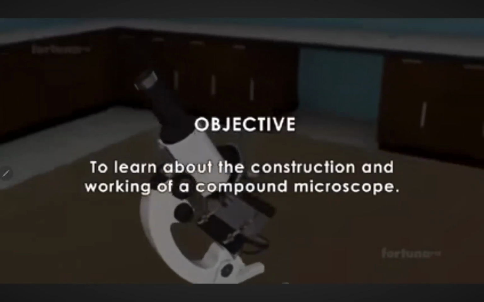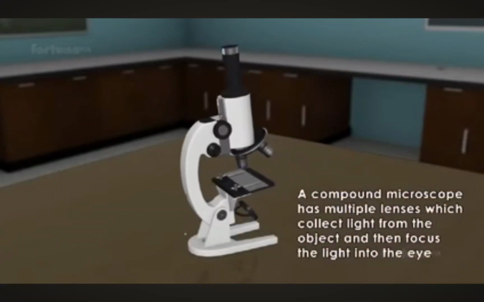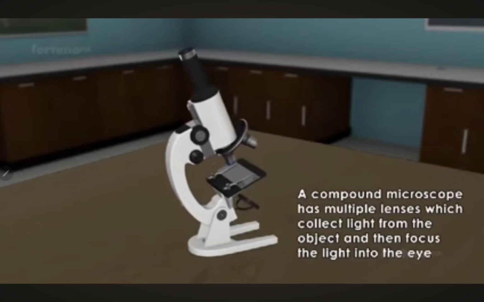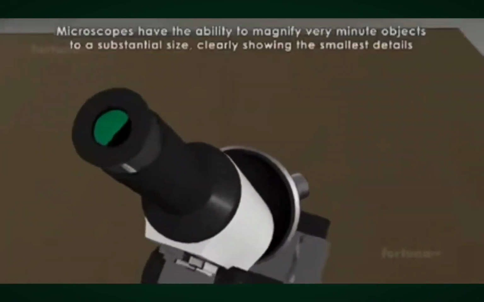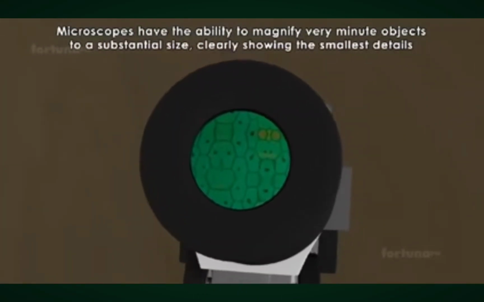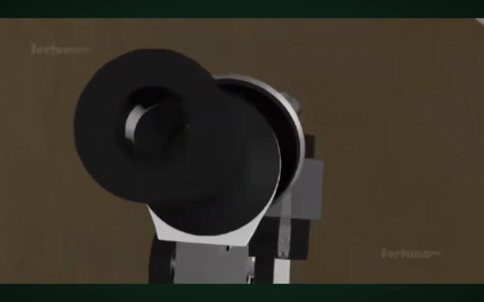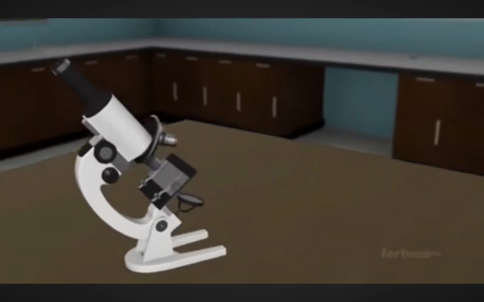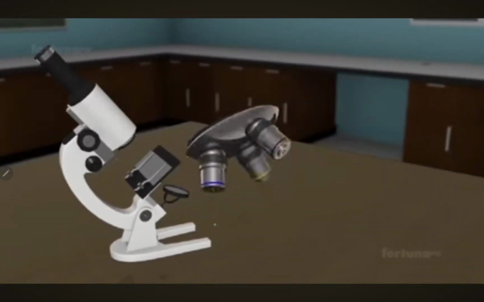Of a compound microscope. A compound microscope has multiple lenses which collect light from the object and then focus the light into the eye. These microscopes have the ability to magnify very minute objects to a substantial size, clearly showing the smallest details. There are three major parts to the compound microscope: a body tube, an objective lens,